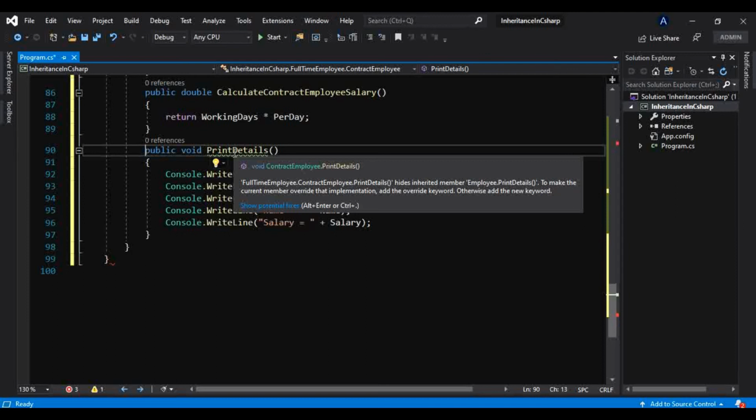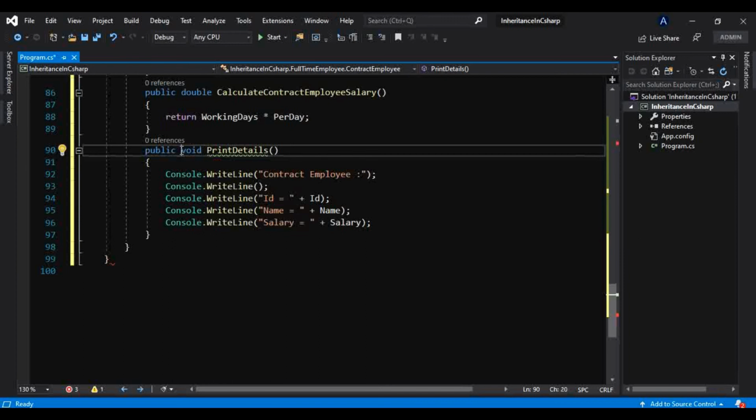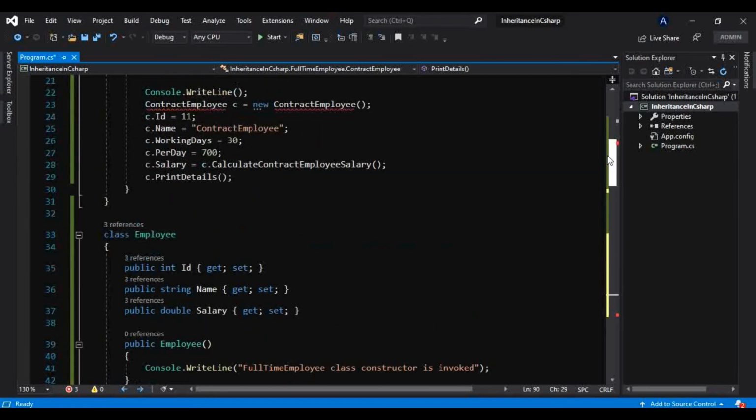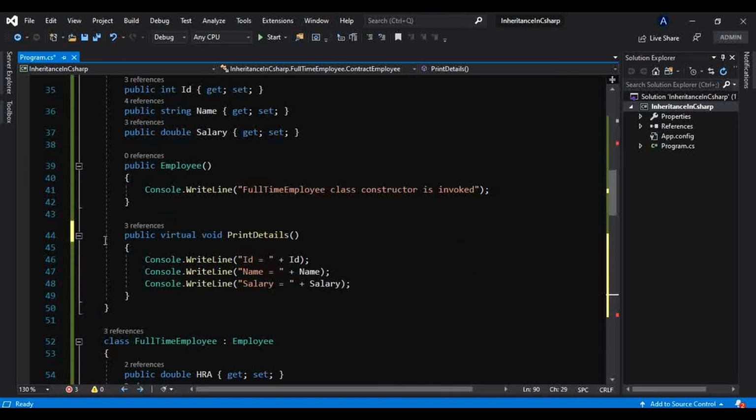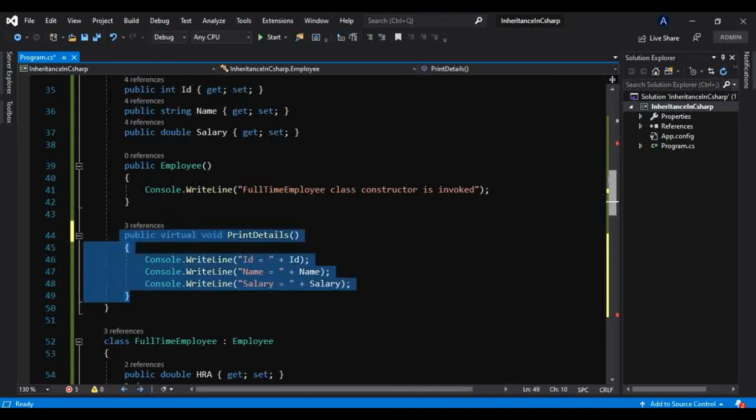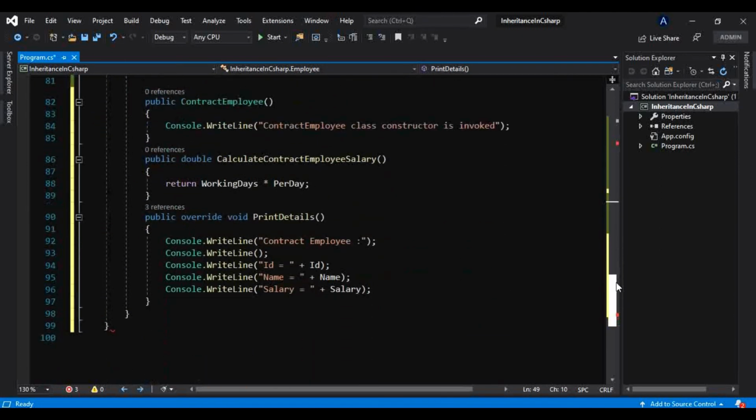If the overriding is intentional, just use the override keyword here. That's how we are overriding the base class method, the PrintDetails method, and providing our specific implementation to it. So this is nothing but overriding in C#.